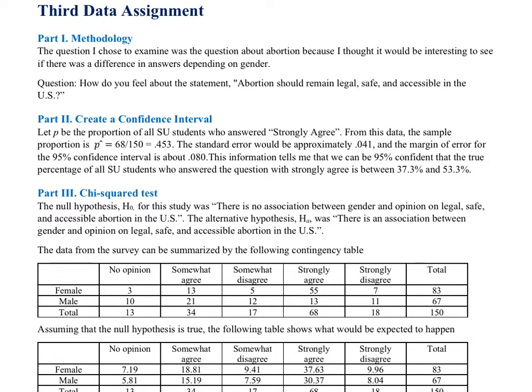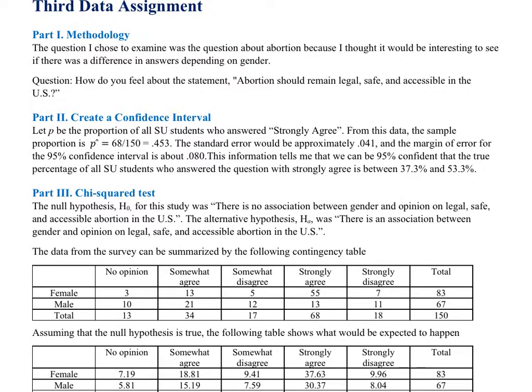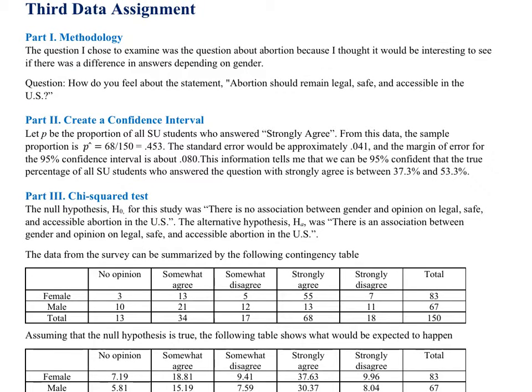I would say make sure before the final exam that you understand how your margin of errors and everything work. This was a correct solution for someone who chose the abortion question and looked at the percentage of people who said strongly agree. This was the most common combination of choices that people made for this question. But this is correct. The p hat value is the number of people who answered that way out of the total 150. The standard error is using the standard error formula, and then the margin of error